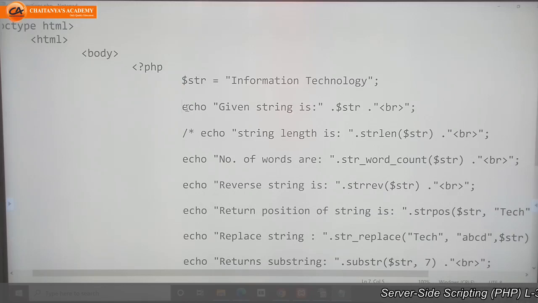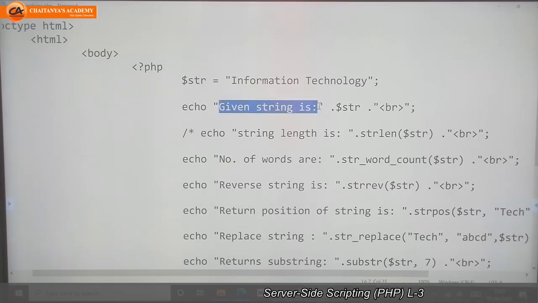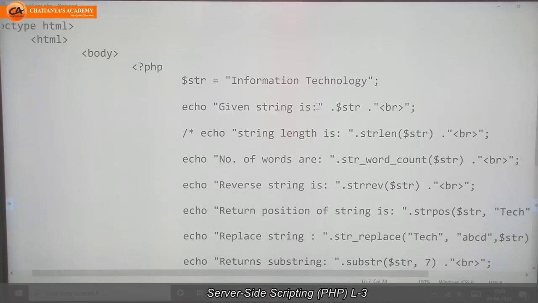Echo, in double quotes whatever message you want to pass, write that message, double quote completed, then dot $str. What is the use of this dot? This dot is used to concatenate our string. Concatenate means to join our string.